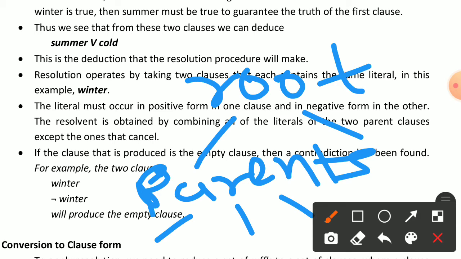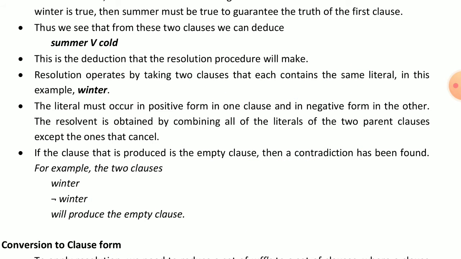So if the parents are right then the child is right, or we can say that if the parents' blood group is O positive then its child's blood group is also O positive. Both parents we can consider. Okay, means if the parents are true or false then its children are also true.